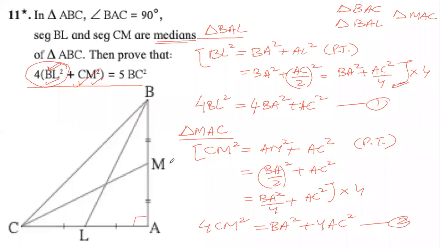Now look at equation 1, look at equation 2, look at what we have to prove and tell me what will be the next step. You can speak, you can type. What will be the next step? Look at equation 1, look at equation 2, look at what needs to be proved. Where do we have to reach? Final destination. Tell me. We will subtract. Why subtract? Check again.